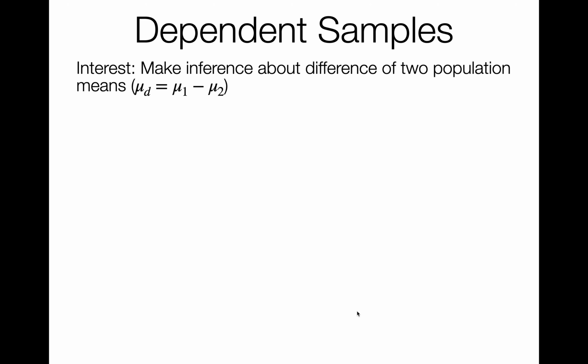So I'm going to finish out these slides with the last section, section 10.4. And section 10.4 talks about dependent samples. So this is our very last case. And so as the name might infer, we are going to now talk about dependent samples. We still in theory have two population distributions, and so we still have mu1 and mu2, which are the means of something from each population. But now these two populations are